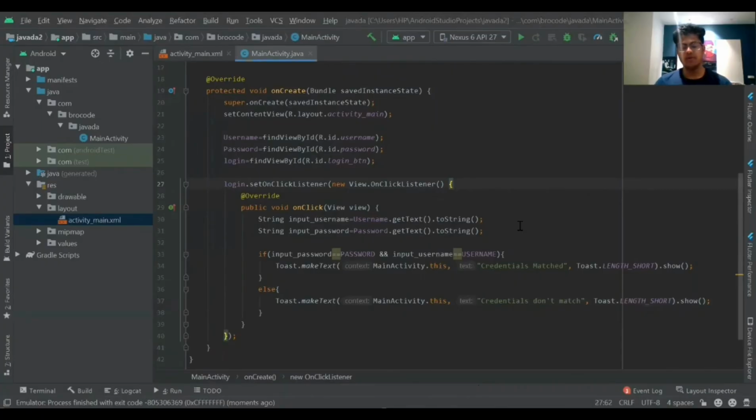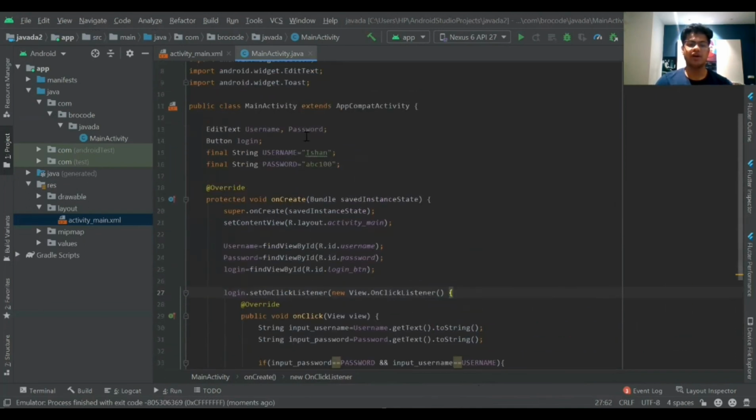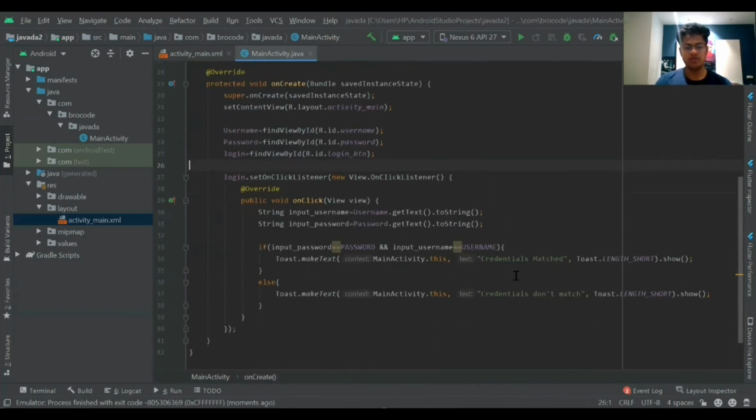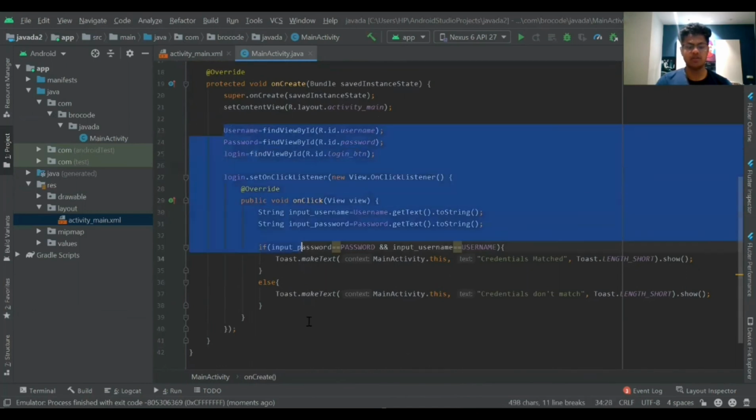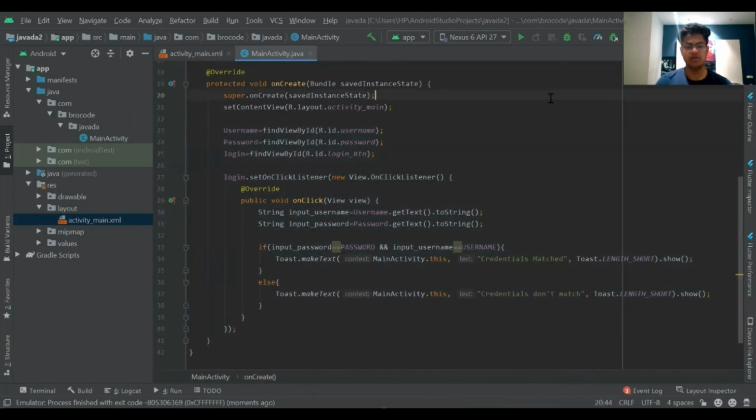So here was a simple tutorial on how to make a login page. We have just hard coded the strings here. If we make a real login page, we have to fetch the username and password from a web API or something, but that's more complex. We'll cover it in another video. So yeah, that's a simple login page. It wasn't much difficult to understand, just a basic introduction to Android Studio, like a beginner's app.